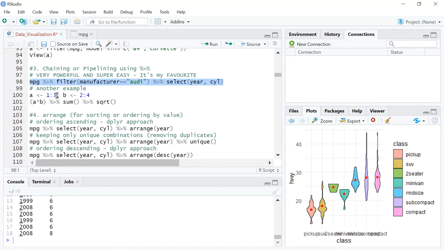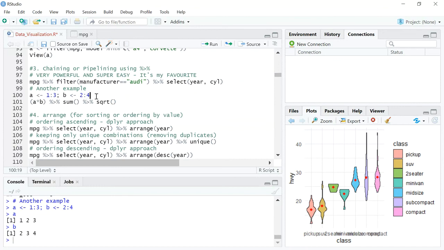Another example of this is, let's say I'm assigning vectors 1, 2, and 3. So I use a colon just to help R understand that I want 1, 2, and 3 as three observations, and I'm assigning it to a vector variable called A, right? At the same time, I'm assigning values 2, 3, and 4, which is represented by 2 colon 4, into a vector called B. So the moment I do this, I'll just show you A and B separately. If I say A, it says 1, 2, 3. And if I say B, it says 2, 3, 4.